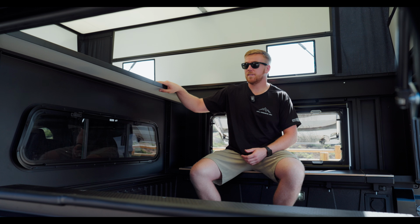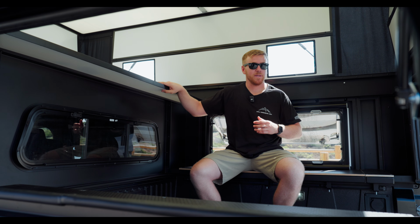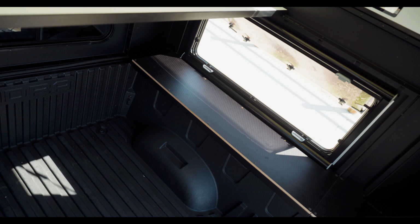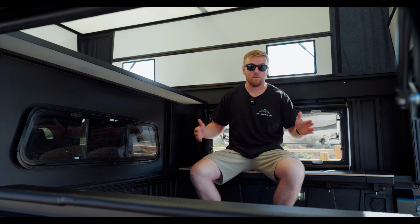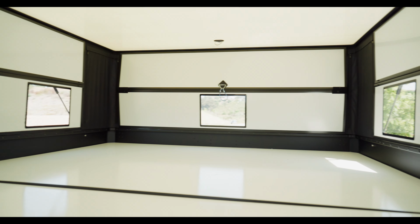Standard is a queen size. We have a king size extension platform that goes here, or you can configure it so you have a queen size sleep platform and a twin XL over here for extra sleeping place. And then down on the base, you can put another sleeping platform, so you can put a queen size, twin XL, or depending on the length of your bed, even a king size. That same size allows you to sleep east-west, typically with the queen or king, or north-south with the king size